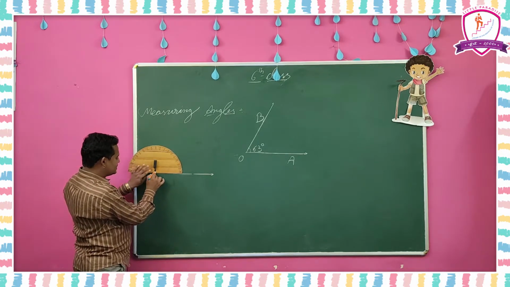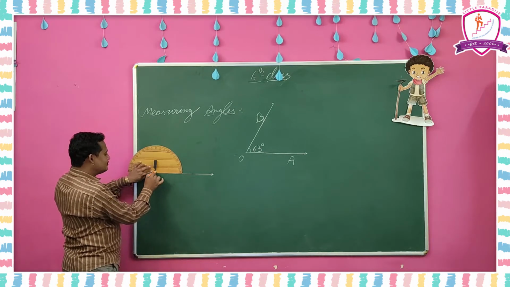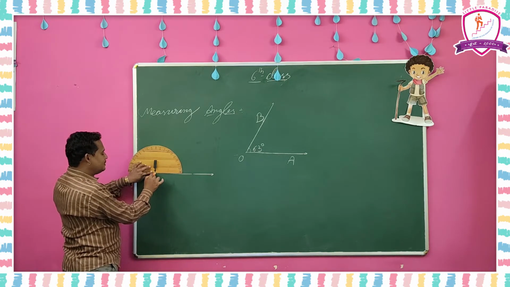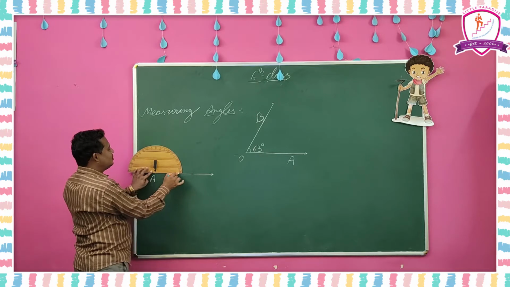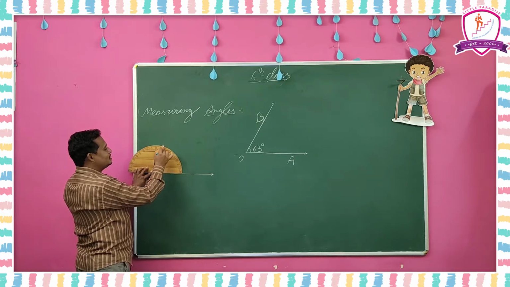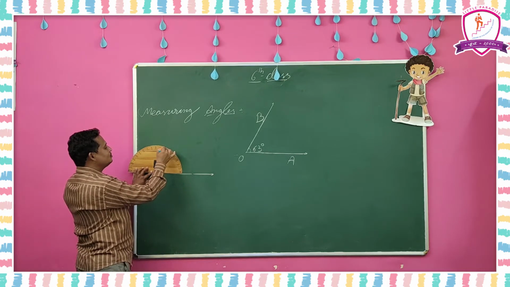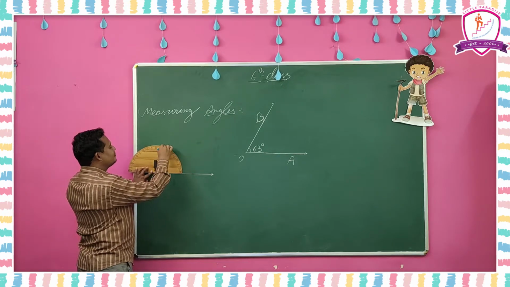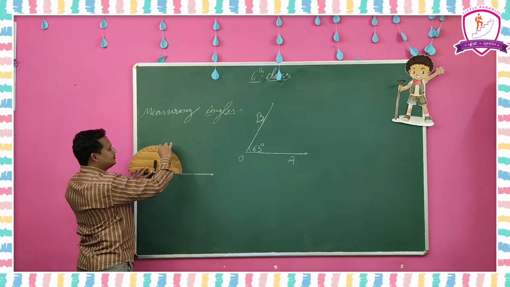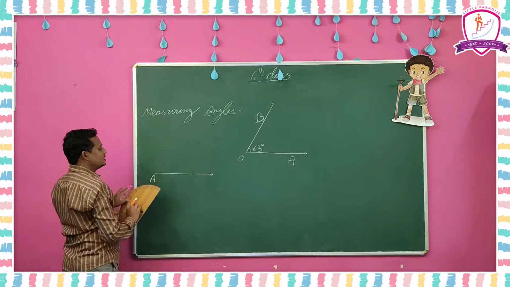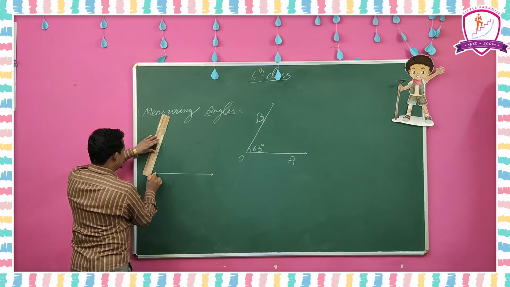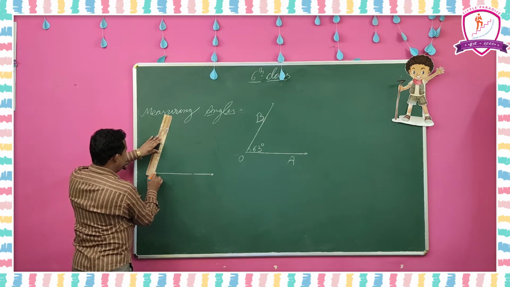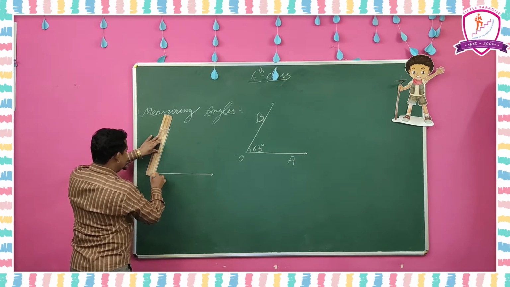Place the protractor so that the baseline and the vertical line coincide at vertex A. Consider 0, then go 0 to 70, and after 70 there are small lines: count 71, 72, 73, 74, 75. At 75 put a point, remove the protractor, take a ruler and join these two points, and then we will get a 75 degrees angle.